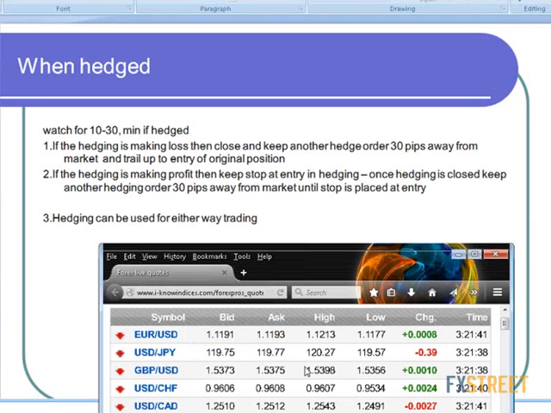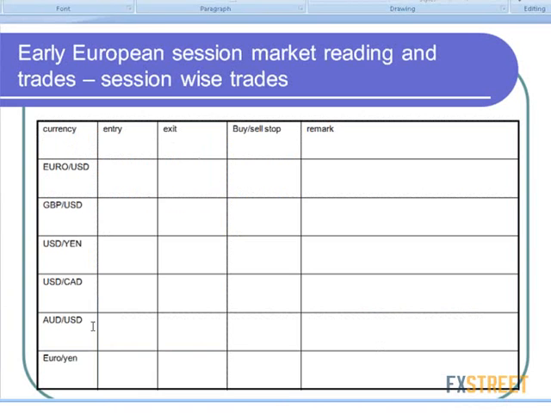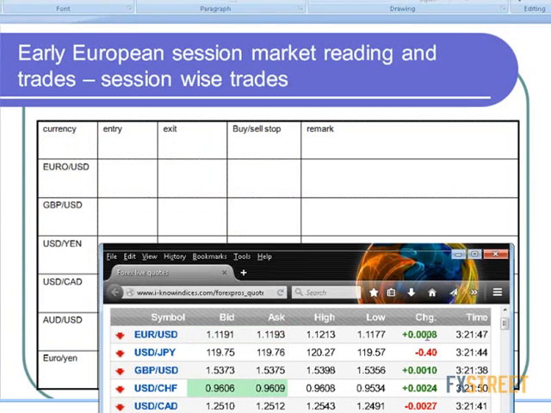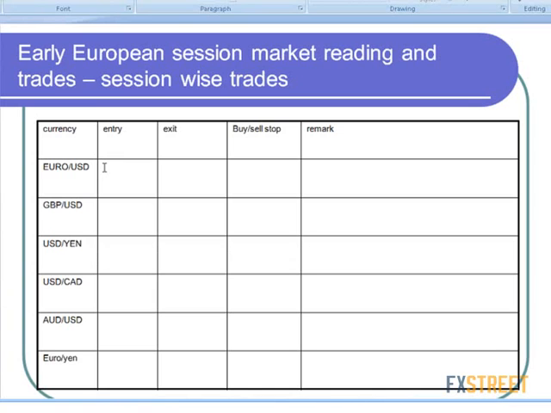And later on, they will come to the majors anyhow. So now, in 30 minutes of observation, Euro is near that of the low or in the middle level. So we will try to keep a limit order, a buy limit order,